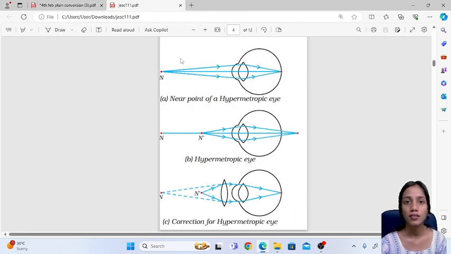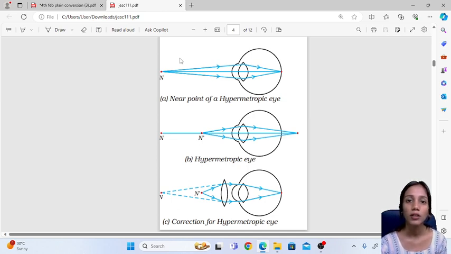Now in the last class we had studied that the image is formed in the eye on the screen called the retina. When the image is formed on the retina, we can then perceive the objects as they are. So the image formation on the retina is very important. And we had also studied that the near point of the eye is 25 centimeter and the far point of the eye is infinity. So if we get the objects before 25 centimeter, or if we take the objects beyond infinity, we won't be able to see the objects.